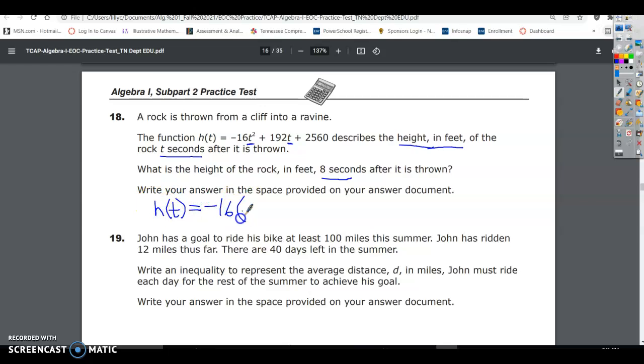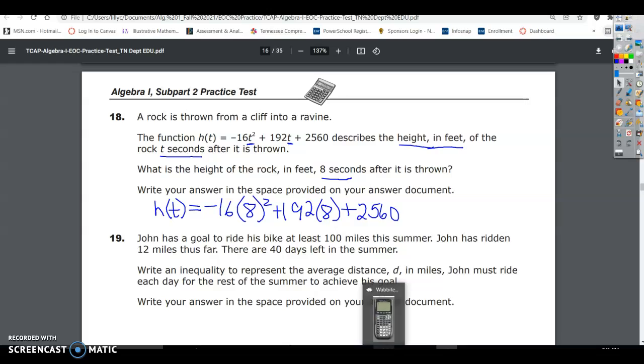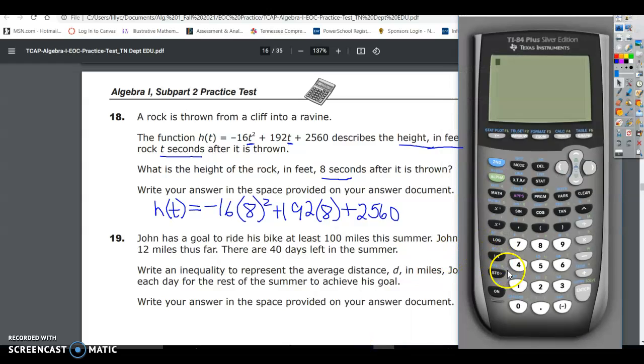equals negative 16 times 8 squared plus 192 times 8 plus 2560. So I can pull out my calculator as long as I type this in correctly. This should be a quick, easy answer. So I'm going to have negative 16 times 8 squared. Make sure you bring this back down so everything doesn't stay squared. And then plus